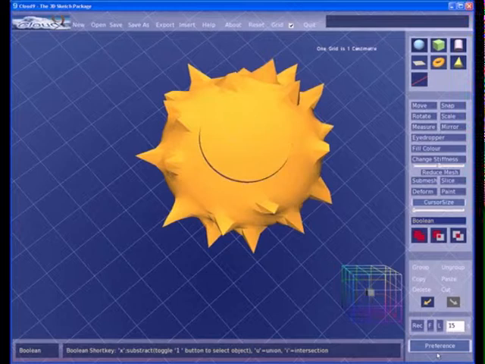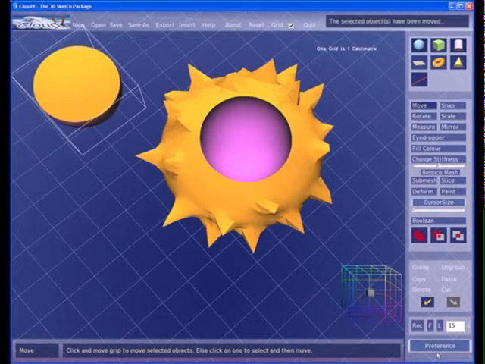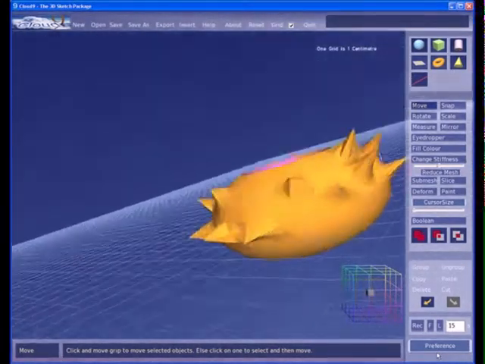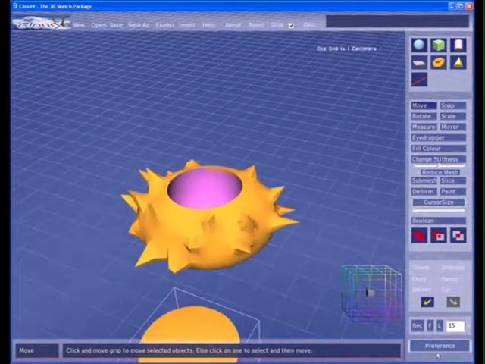So that's completed. Now this middle bit here is the intersection between the two spheres, and if you click on M, I select it and you can pick it up and move it out of the way, and there you have the start of a bowl. Now that could be ceramics, that could be glass, it could be 3D printed, could be metal,